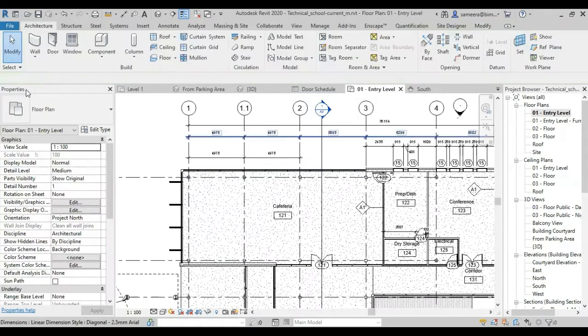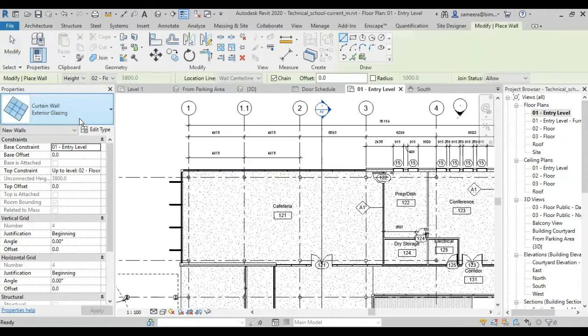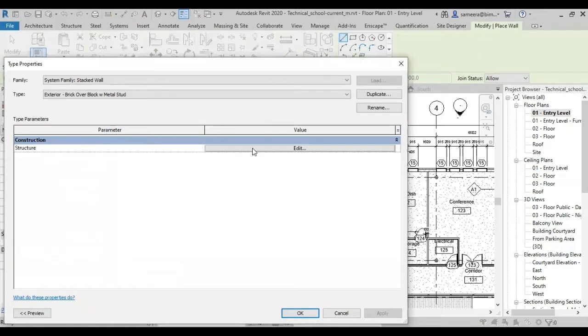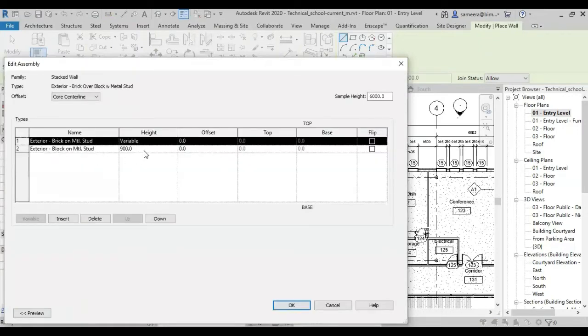Okay. Then come to the stacked wall. I already said that: for a stacked wall, we need to create the types beforehand, then come to the structure where we need to add those types with the height, right? In the particular question, they already have a stacked wall. We need to select that one and add the new type as specified, also with the given height. Then, what will be the amount of concrete in the particular stacked wall? Go to the wall material takeoff and find it out. The question will be like that. So you have to do the correct thing and go to the wall material takeoff. In that, by looking at the particular material, you can find the total amount.